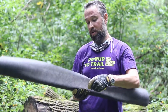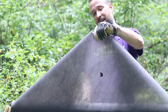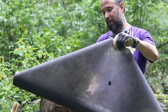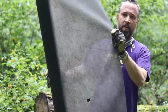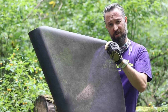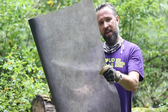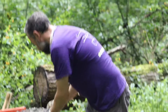And then we'll be using non-woven geotextile, commonly referred to as weed fabric or landscaper fabric. You can get this at Lowe's or Home Depot. It has a good amount of permeability, so the water should be able to pass through. It will hold up. It's a heavier grade. There are some cheaper, thinner grades, but I wouldn't recommend that for trails. And so we're going to lay this down in the trench, staple it down, and then over top we're going to be using